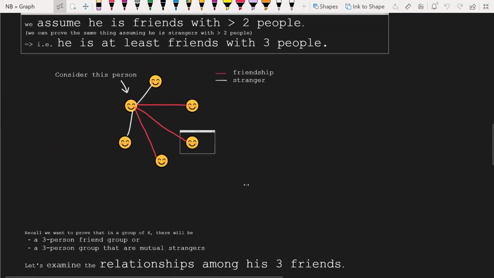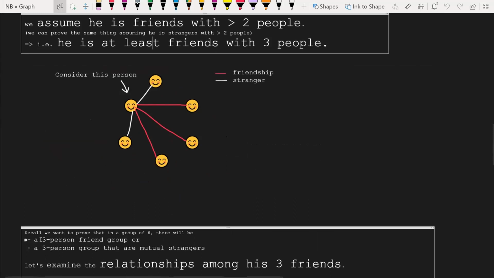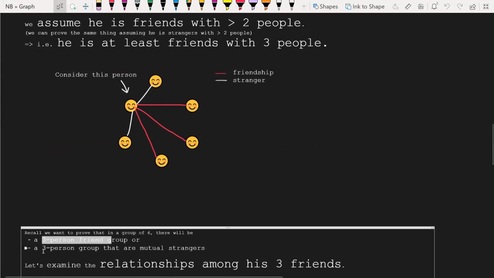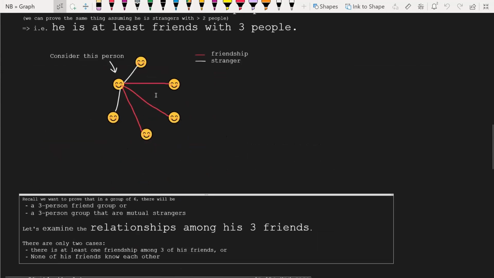Okay. And since we want to prove that in a group of 6, there will be a 3-person friend group, or a 3-person group that are mutual strangers, let's try and examine the relationships among his 3 friends. Because wouldn't it be great if we can prove that there is actually a red line in between these 2 people? Then we are guaranteed to find a red triangle, right? So let's backtrack a little bit,